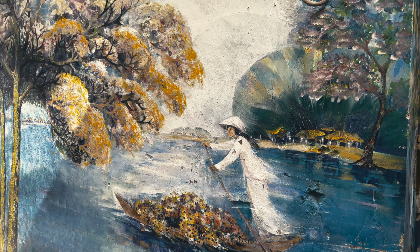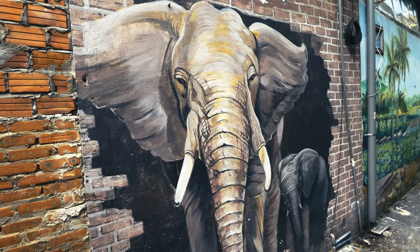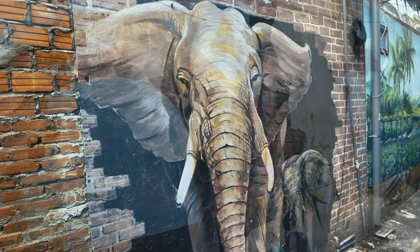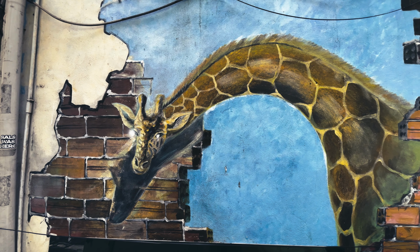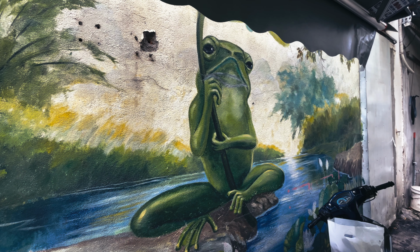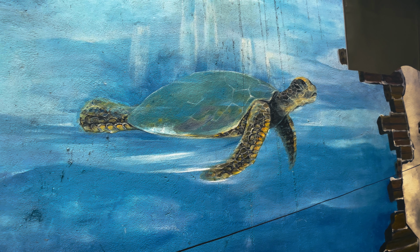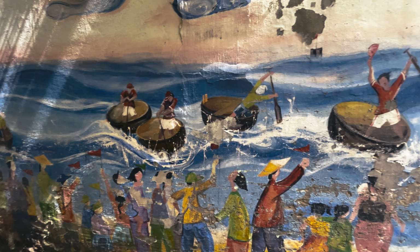There are some nice murals, such as this elephant. Giraffe, frog, and sea turtle. For the most part, the artwork is well done, but none of them stood out as being